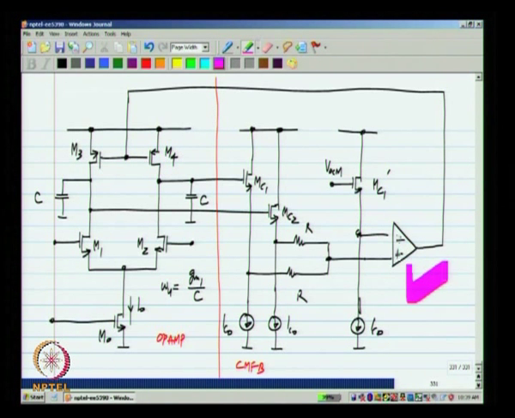Now, we need to go ahead and implement that op amp. Now, we do not need a really fancy op amp there. So, we will start with the simplest op amp that we know, that is the single stage op amp. Now, notice that this op amp has a differential input and a single ended output. So, the single stage op amp that we analyzed earlier with the single ended output is what we are going to use.